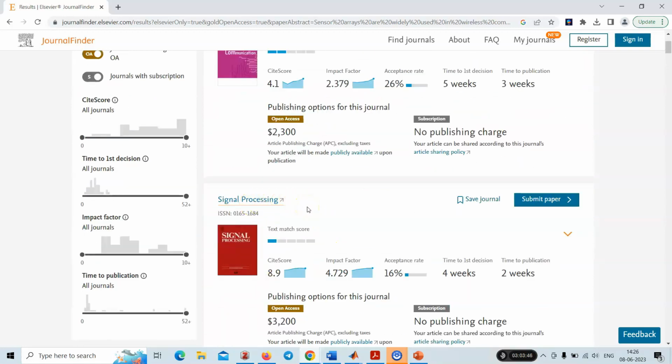If you have these kinds of subject-specific journals, it will add value to your resume in the future. People will see that this fellow has many papers in the expert journals or subject-specific journals, so his work may be standard. That kind of impression will build if you submit to a standard journal.